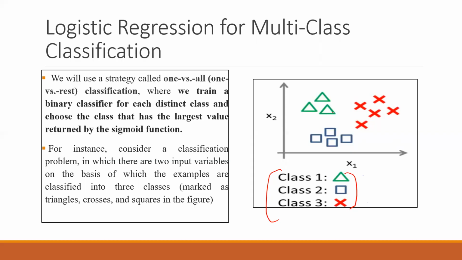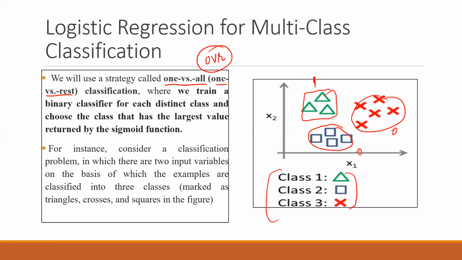The simplest way is a technique called one versus all, or one versus rest. In fact, one versus rest is called the OVR technique in Python, and it is available in the scikit library. But what does this mean and how does it work? It means that one by one we will do 3 experiments. In the first experiment, I will take this class 1 and code it as 1, and I will give 0 to the other 2 classes.